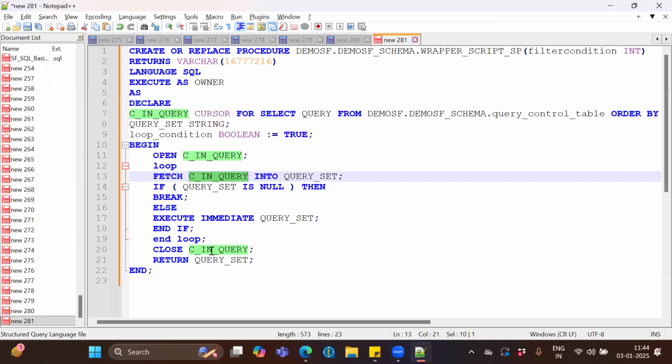Now, after applying the filter condition, you can pass any parameters. That also we will check now. So, please